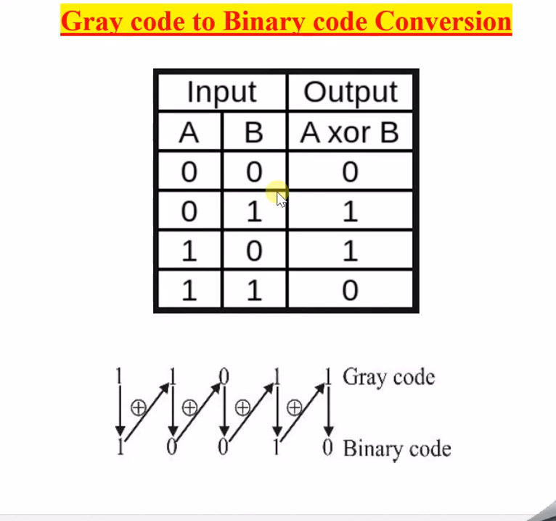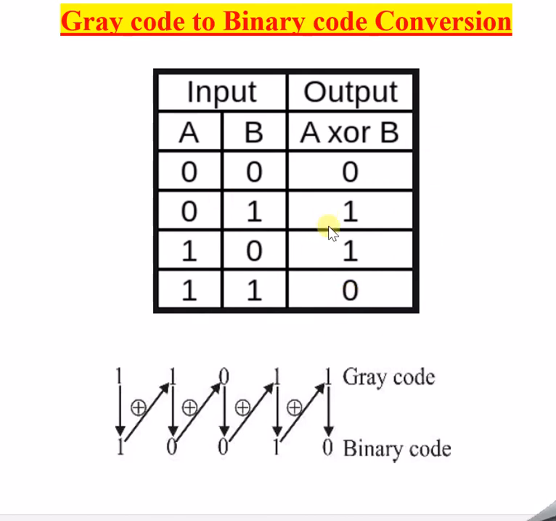Before starting this session, we have to understand this truth table. I have already discussed it in the previous session, and the same thing I am going to discuss now. In half a minute we will summarize this. There are two inputs, a and b, and the output is a xor b. 0 0 means 0, 0 1 means 1, 1 0 means 1, 1 1 means 0. This is nothing but binary addition. For 1 1, you have to be very careful: the sum is 0 and the carry is 1, so we will not consider the carry here. So this is all about the truth table.